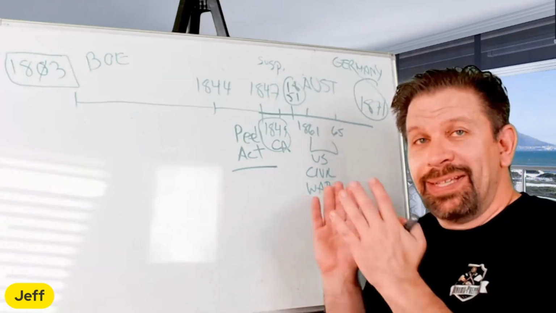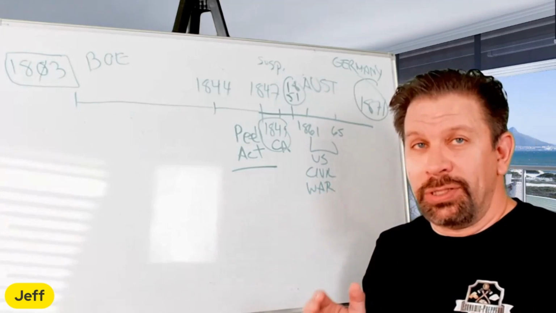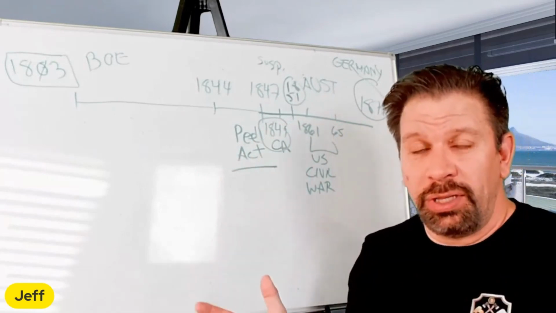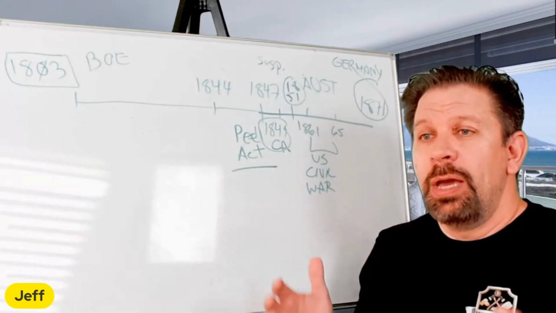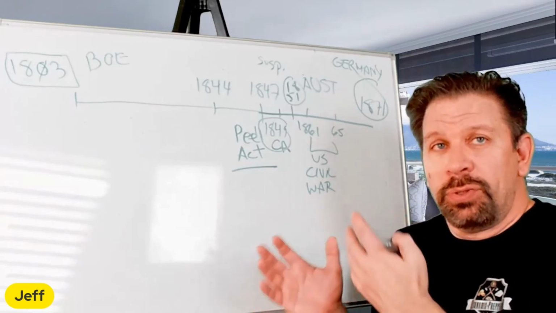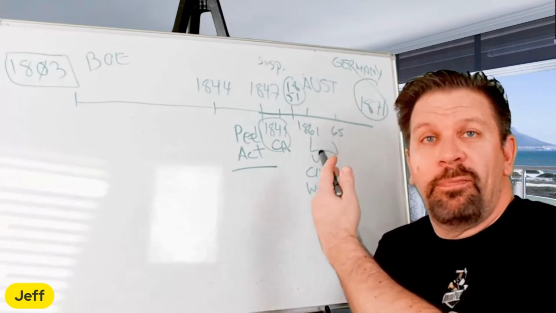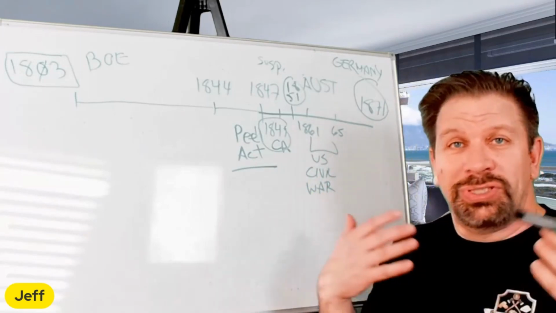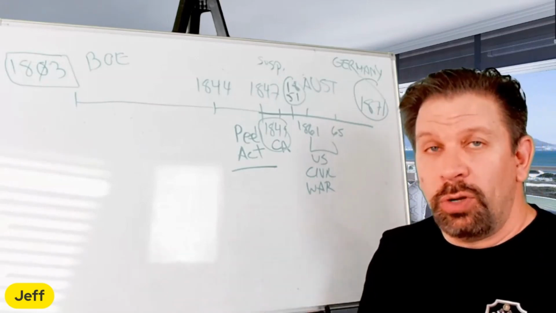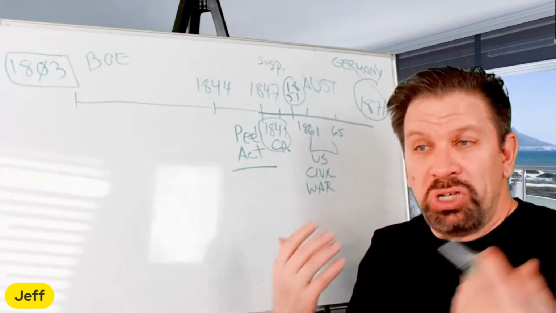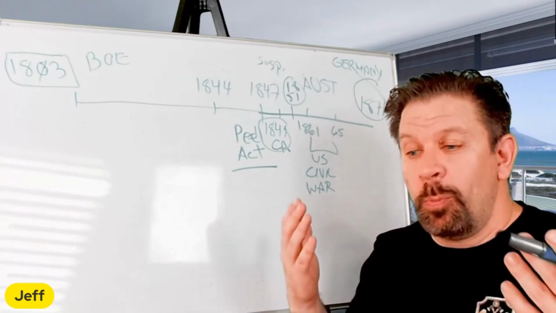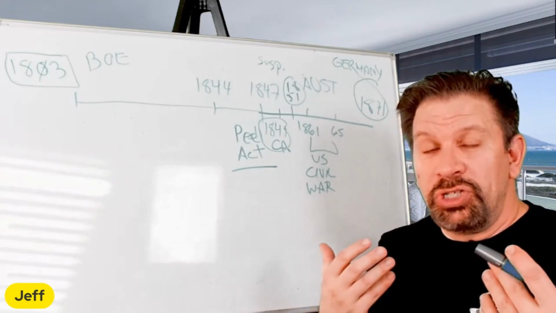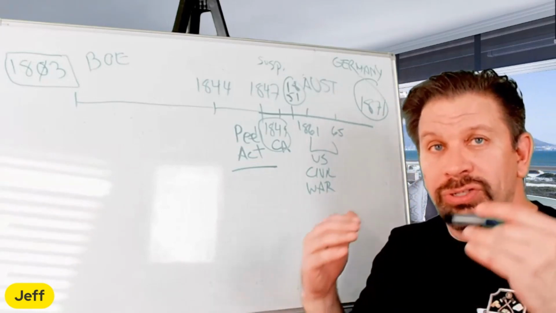Now, as we get past the Civil War, we start into a phase called Reconstruction. Reconstruction is kind of a blanket term that's thrown over reconstructing the U.S. and putting it back together. That's how many people view it. But it's also reconstructing the economy. After the Civil War, there's a lot of industrialization, a lot of factories built to support the war effort in the 1860s or right before then, because it was the Industrial Revolution. After the war was over, they were converting that to production of goods, and also making things less expensive. When you make machinery and make things more efficient, the cost of the goods goes down.